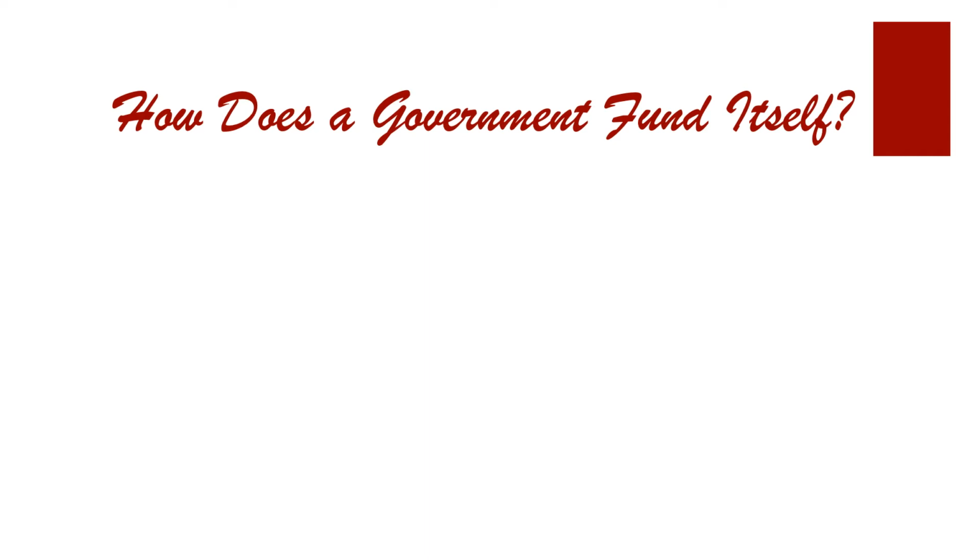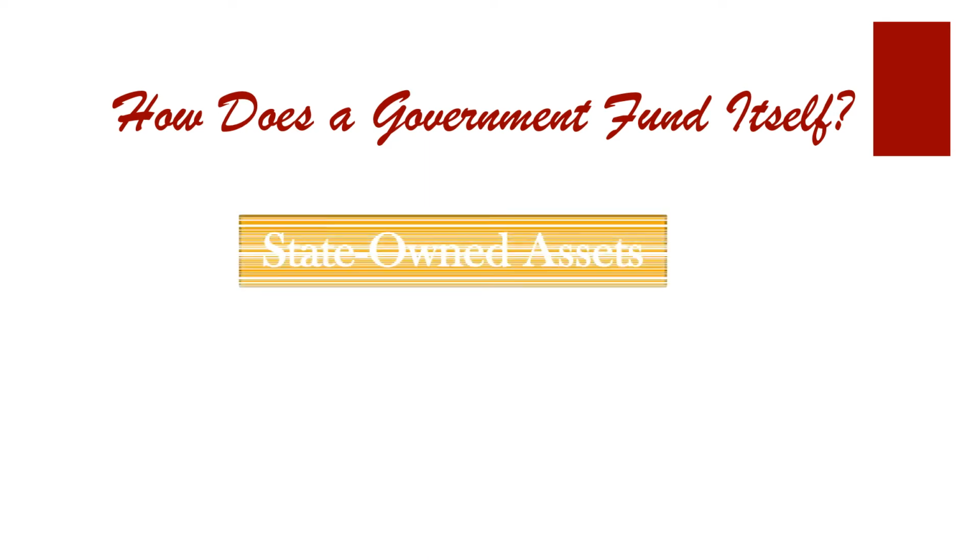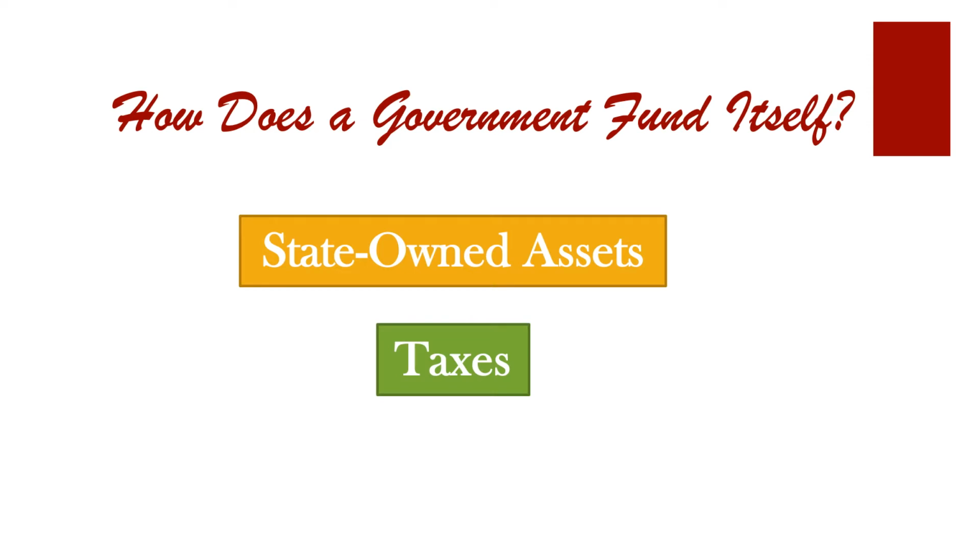Well, the king got money from three sources. First, he got money from the lands and property that he himself owned. The king was the largest landowner in France, and all the money he reaped from those assets was added directly to the government's coffers. Second, the king got money through taxes. We're going to detail what these taxes were and how they operated in just a bit. Third, the king could raise quick funds through loans. If the king wanted money, it had to come through one of these three sources.